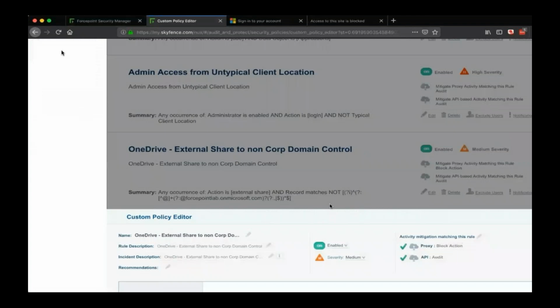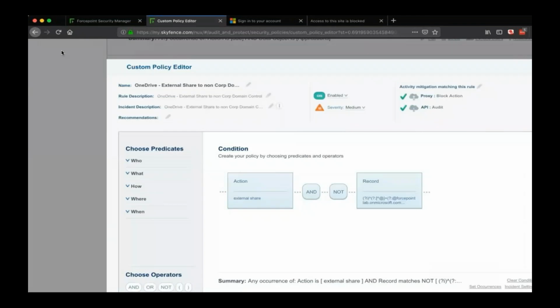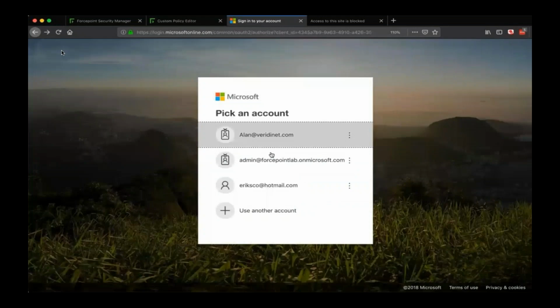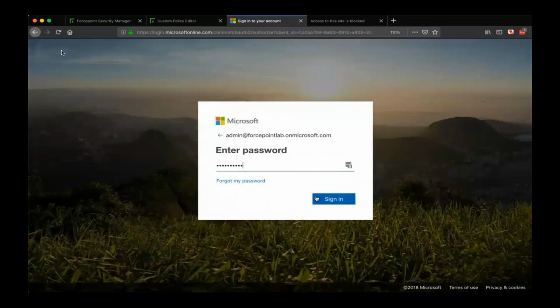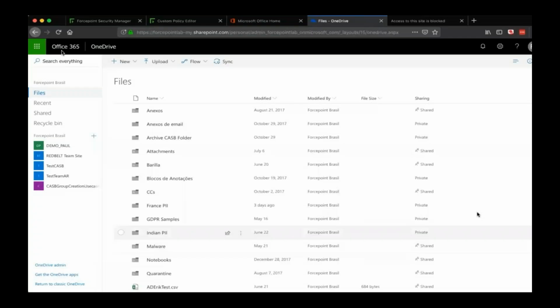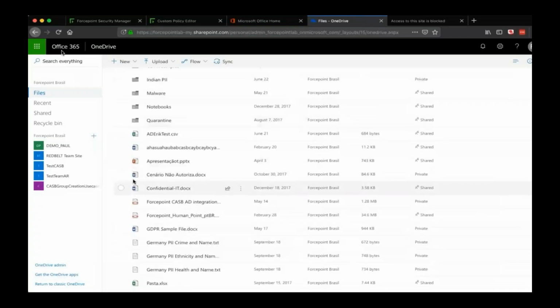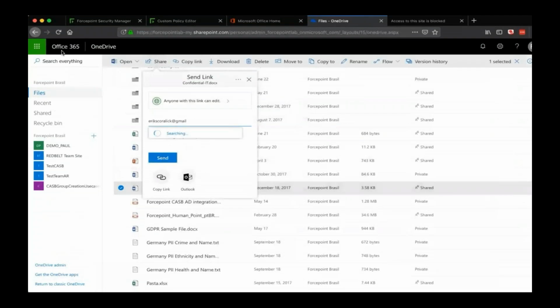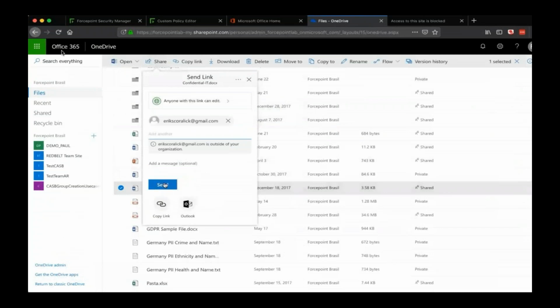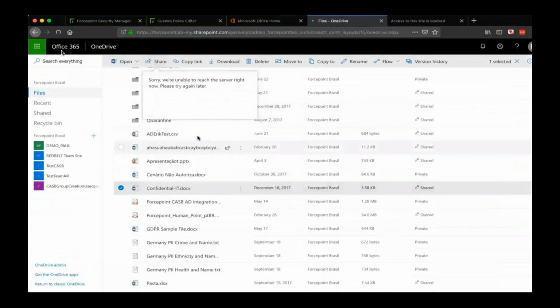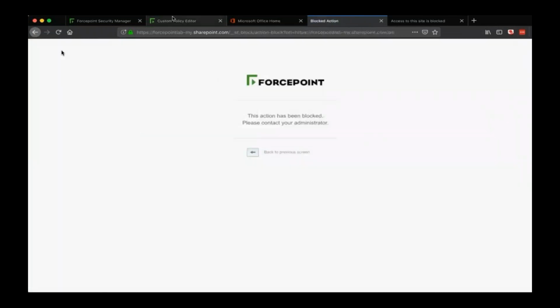All of this is totally configurable. So if the action is external share, and it's not within your organization, then just block it. You could add in a DLP policy into that, or integrate with Force Point DLP or any DLP system really. So if the user is going to OneDrive from your company, the sanctioned OneDrive, of course, let's say with a confidential IT document.doc. Don't worry, we don't look at the name of the doc. It's not that easy. There we go. And he's trying to share it with his Gmail account, which is outside the organization. Click send, and guess what? I've seen this movie before. So it's blocked in real time.